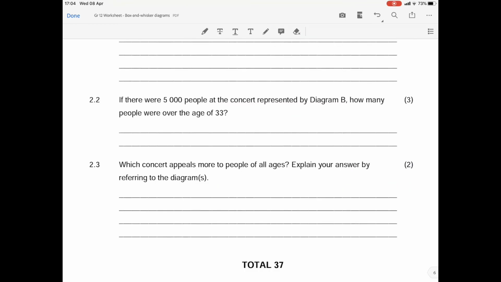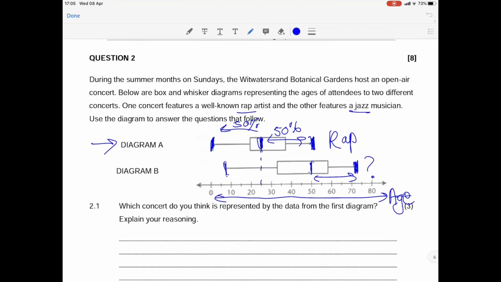The next question asks, if there were 5,000 people at the concert represented by diagram B, how many people were over the age of 33? So diagram B is your jazz concert, remember, because A is obviously your rap concert. So if diagram B is your jazz concert, how many people are over the age of 33? So now where does 33 come into this thing? If you come over here, 33 represents the bottom of the box of your Box-Whisker plot,